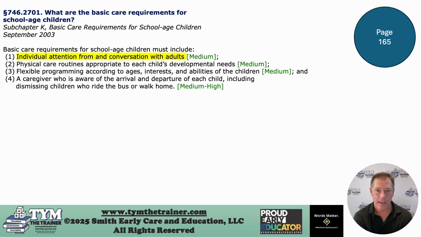The way I look at after-school programs, they have a teacher all day long when they're at public school. They have a parent at home at nights and on the weekends. When they are in our after-school programs, they just need role models that they can look up to and that they can talk to. School-age programs should be a stress-free environment. They should be relaxed. They should be comfortable.